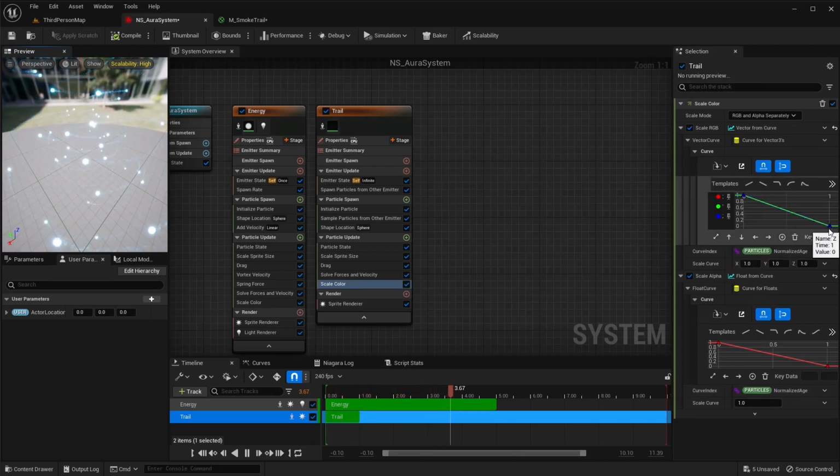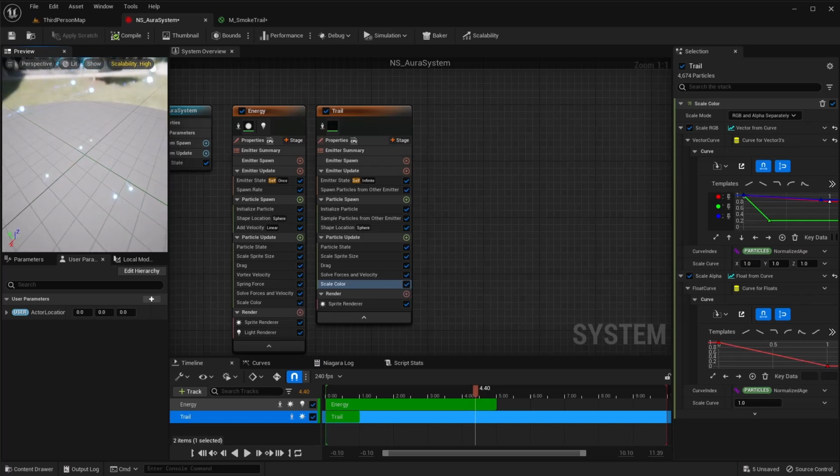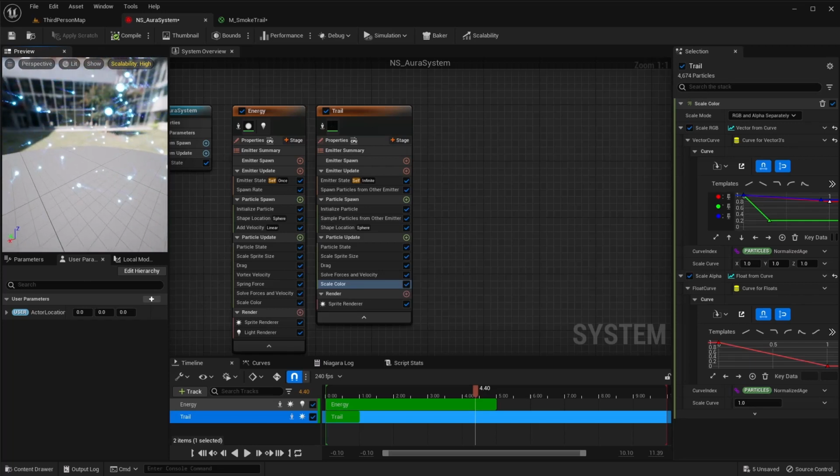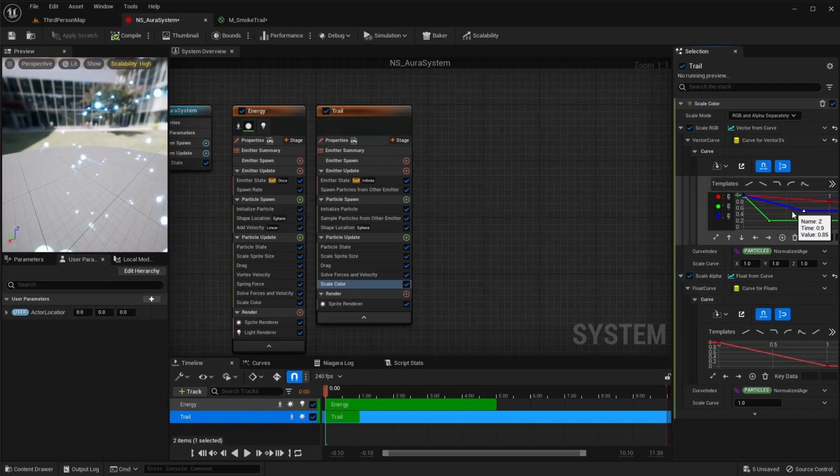And we can change this to be, the longer it's alive, to fade it to some other color. Let's see if we can get in on one to see what that looks like. You see at the very end of this, it's kind of a darker blue. So we can change that around quite a bit.